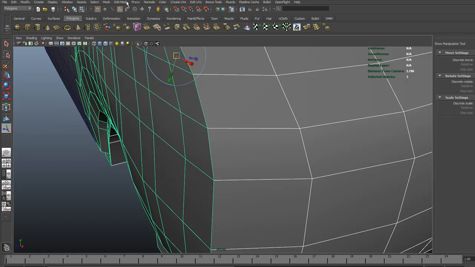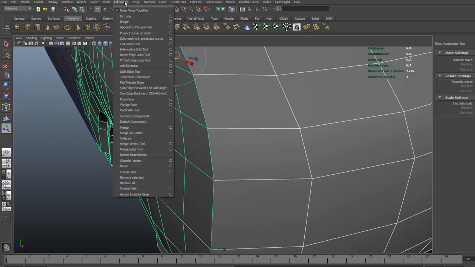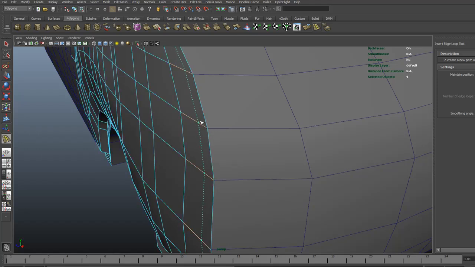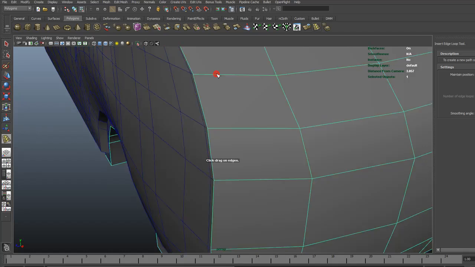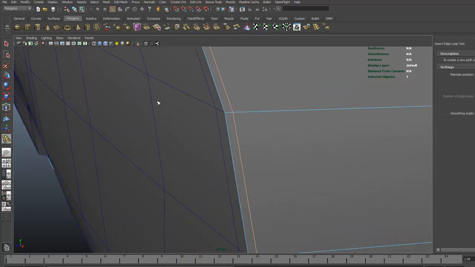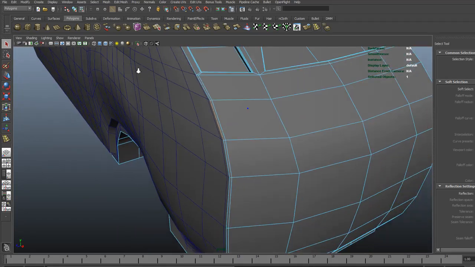So what I'll do is something I call making a little homegrown bevel. So I'll use the Insert Edge Loop tool, and I'll do it right at the edge here in this guy, especially for a lower poly model. This works really well for games. And I'll do another one over here. And I could even do a third one if I wanted. So what I do now is I'll go and grab this edge,